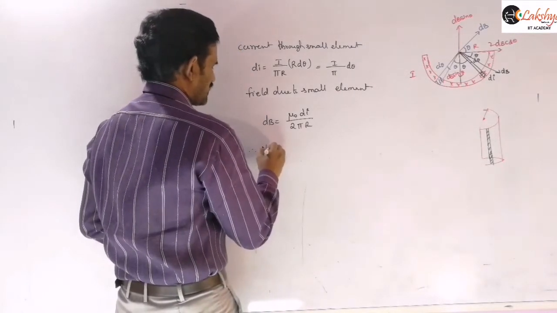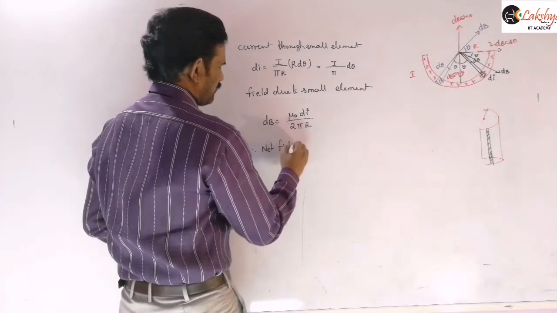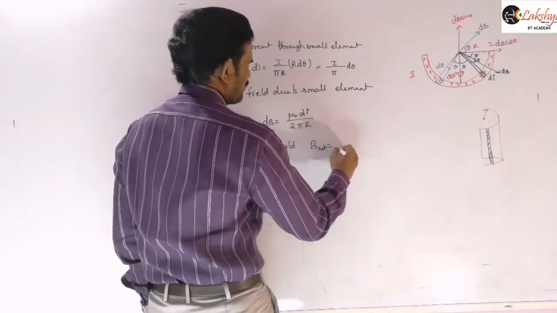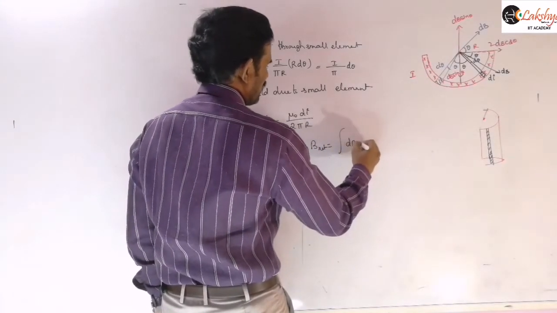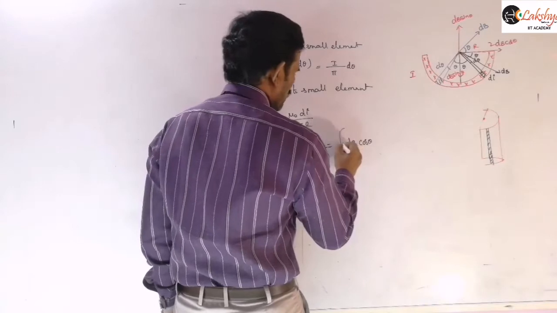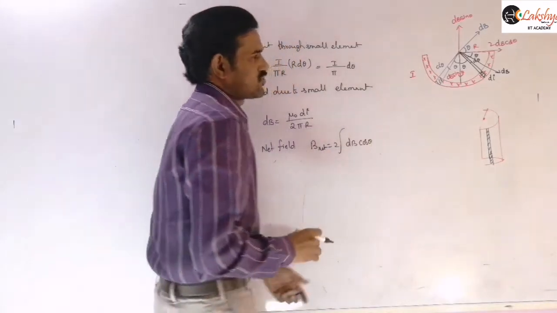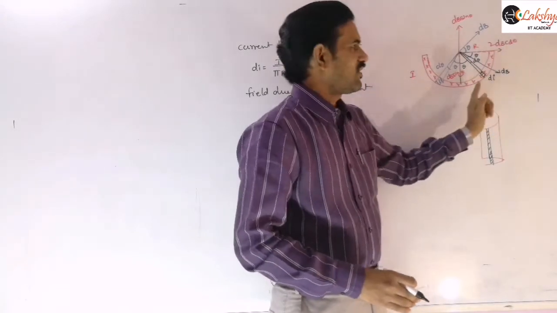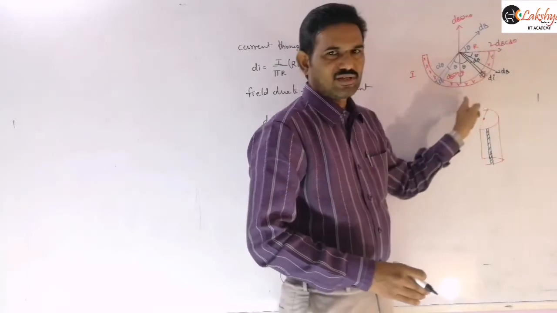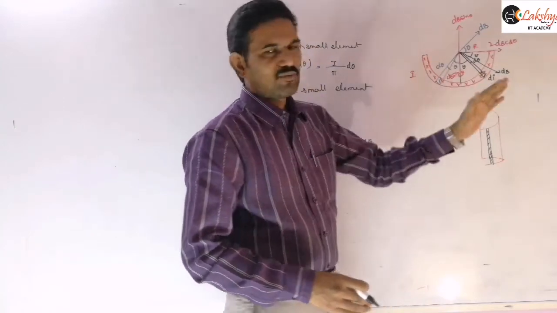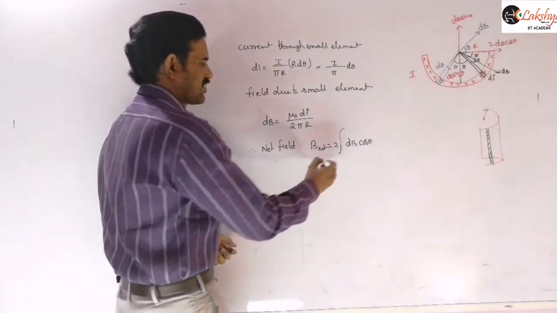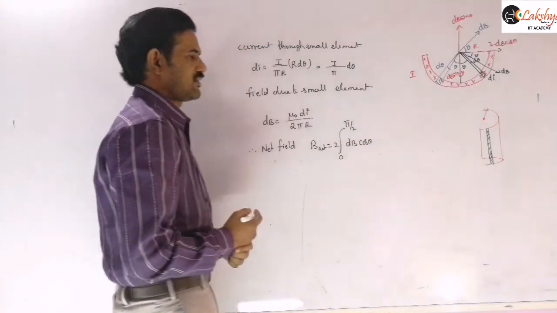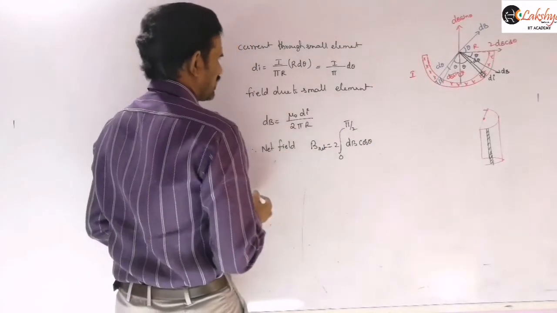And so therefore the resultant field, what we can write is, B net is equal to the integral of dB cos theta, or 2 dB cos theta I am taking here. So when you are taking the 2 dB cos theta, only half limits we need to take there. Half limits means 0 to pi by 2 you can consider, or otherwise from minus pi by 2 to plus pi by 2. So I am taking 2 here, so 0 to pi by 2 you can write as the limits. Now just substitute and then integrate that.